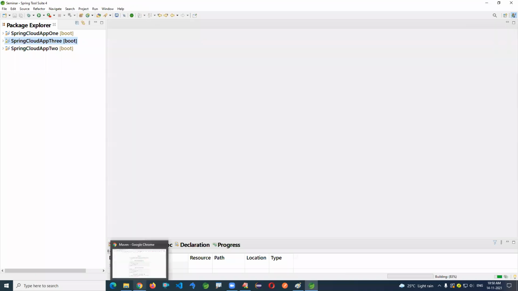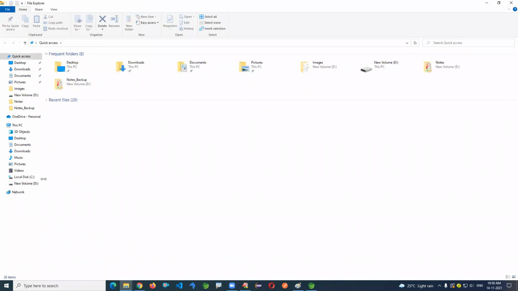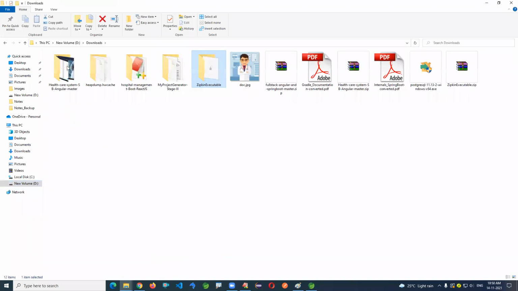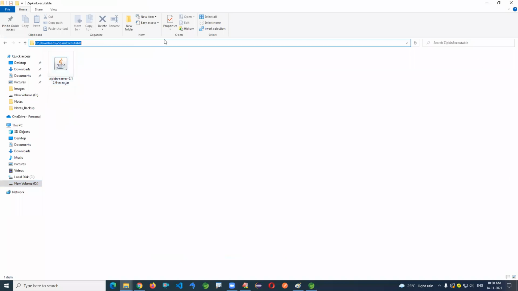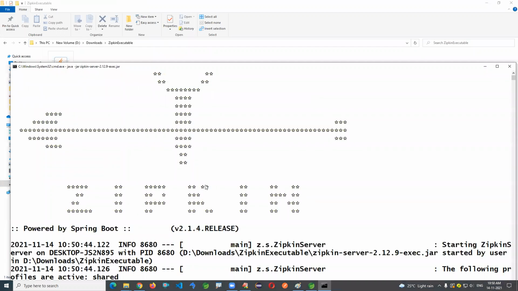Before going to run these applications, first I am going to start the Zipkin server, which I just downloaded and configured now. Go to this command location, java -jar Zipkin server executable.